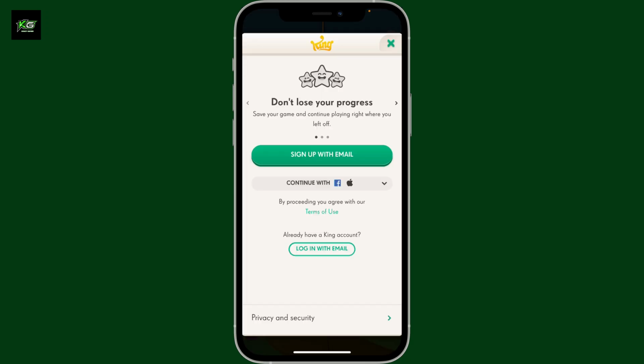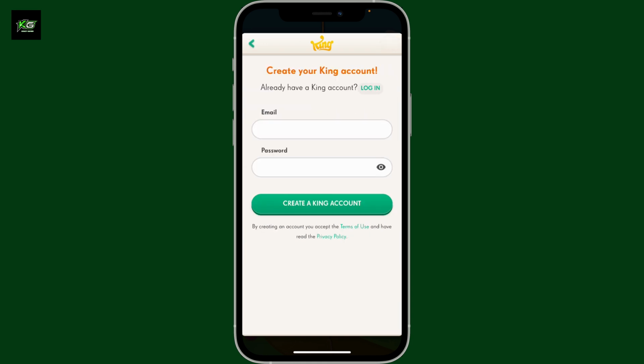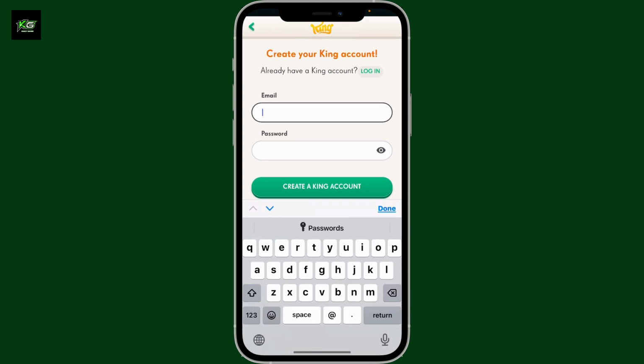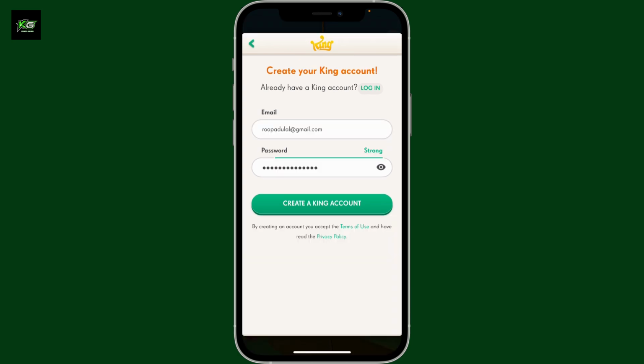On the next page, you'll be asked to sign up with email or continue with Facebook or Apple option. To create an account with email, tap on Sign up with email. On the next page, if you don't have a King account, you'll need to create one. Type down your email address and password in the respective text boxes. Make sure that you enter a valid email and create a strong password for your account and click on Create